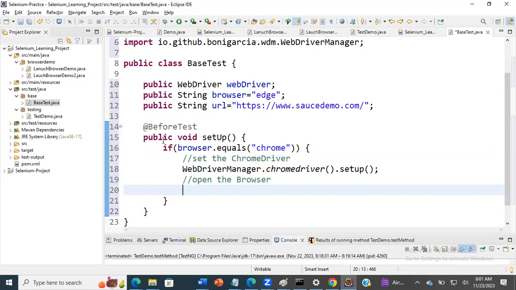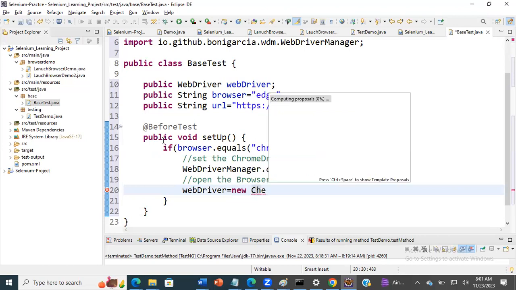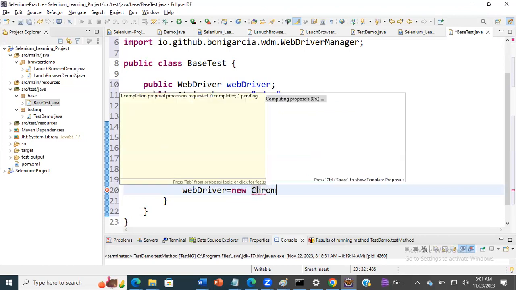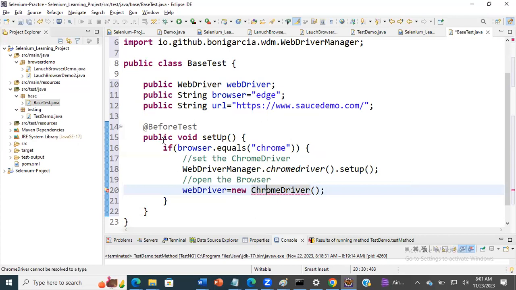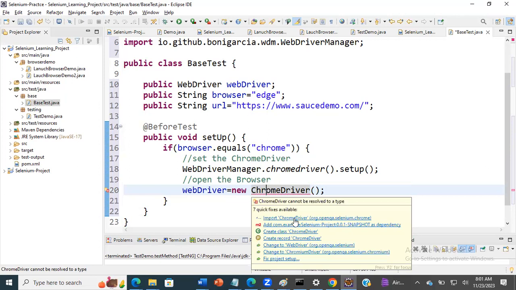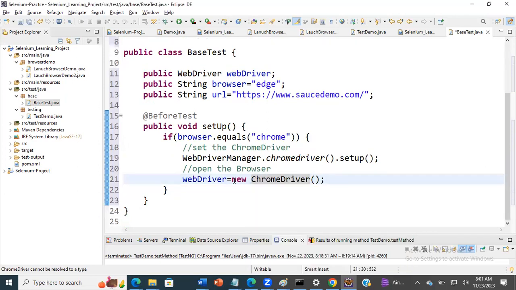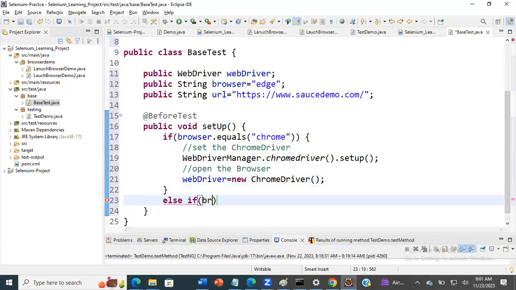So WebDriver has to launch a browser. Here we need to create an instance of WebDriver. For which WebDriver? ChromeDriver. So let's create a ChromeDriver instance. Let's import ChromeDriver. Okay, now if the condition is false, then else if we need to check the browser